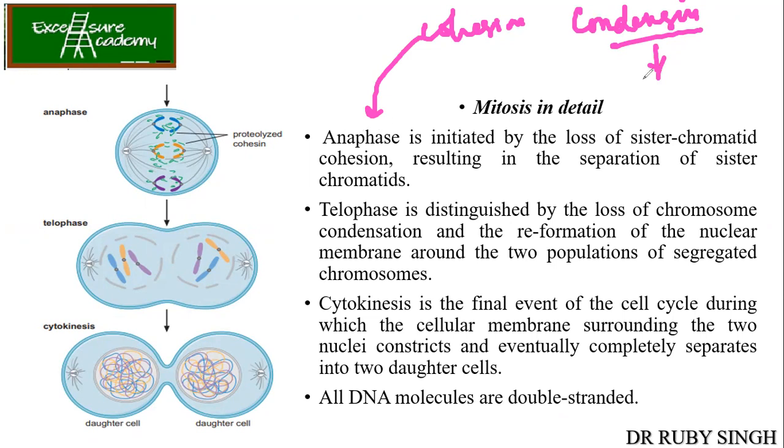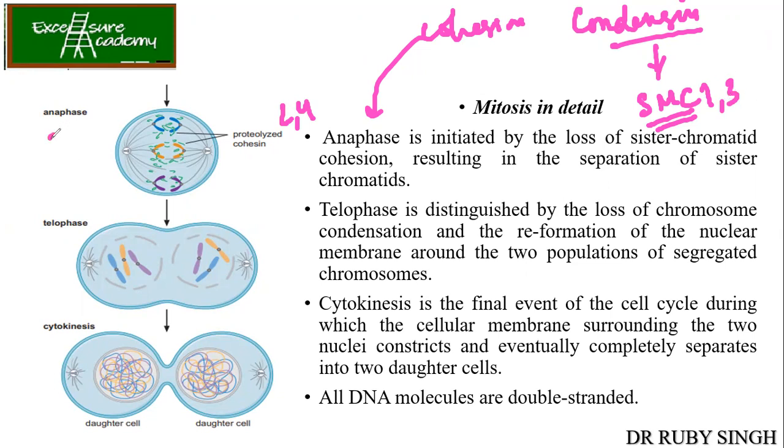ठीक है? Both of these proteins belong to the SMC family of proteins. What is SMC? Structural maintenance of chromosomes protein. Guys, please remember. Now, what was the difference between cohesin and condensin? Cohesin was made up of SMC 1 and 3, whereas condensin was made up of SMC 2 and 4. If you don't remember, go back to the previous lecture, lecture 5. In that, a very beautiful pictorial differentiation has been given of both cohesin and condensin.